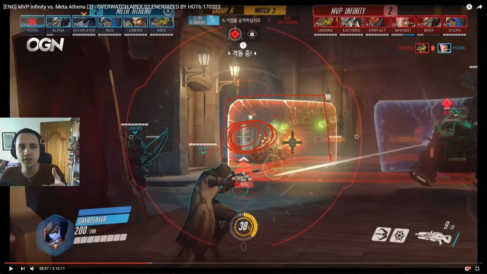the point, because the problem with Meta Athena's composition is that if they don't get picks, they can't actually commit very many people to the point because of the danger that entails if you're trying to get on that point and fight close range with a Hanzo or a Widowmaker. So really big problems here, and I think MVP Infinity had the tools in order to deal with this, but